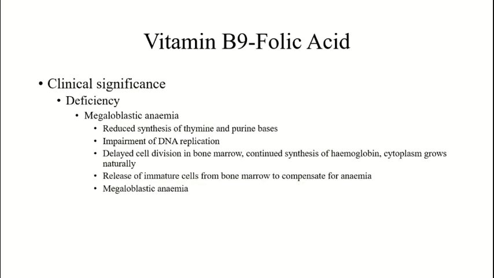Now, folic acid deficiency typically negatively affects the body. The most common diseases that are caused as a result of folic acid deficiency are megaloblastic anemia and birth defects. Megaloblastic anemia is described as the presence of larger-sized red blood cells than normal. It results from the inhibition of DNA synthesis due to the impairment of DNA replication within red blood cell production. When DNA synthesis is impaired, the cell cycle cannot progress from the G2 stage to the mitosis stage, and this would lead to continuing cell growth without division, which presents as